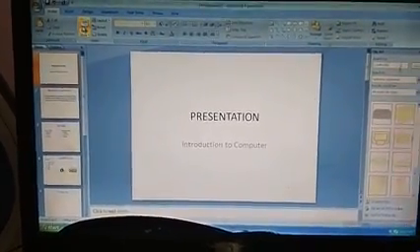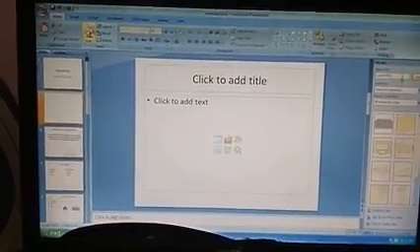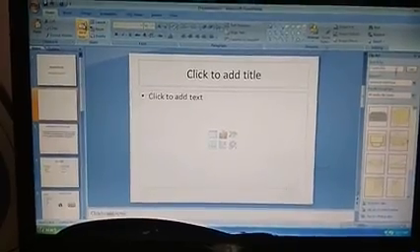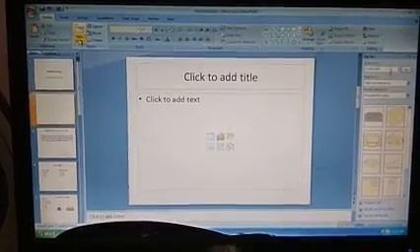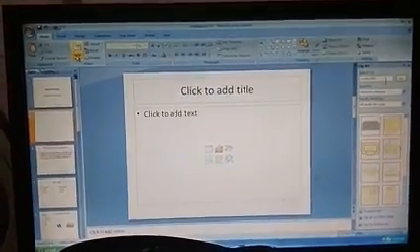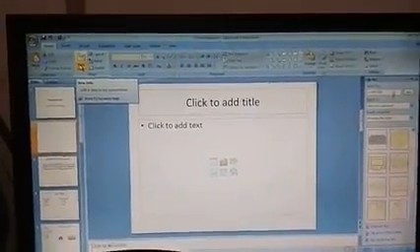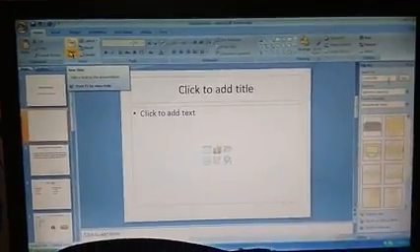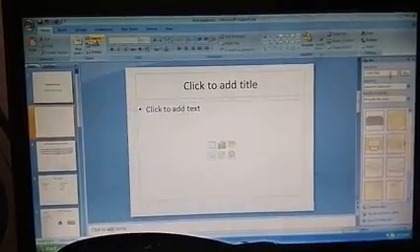Then suppose you want a new slide. In the home tab you have to go for new and insert a new slide over here. If you are seeing the pointer over here, that is the option you have to go to. Suppose in the 2003 version you have an insert menu. In the insert menu you have to choose new slide, and when you click new slide, you are able to